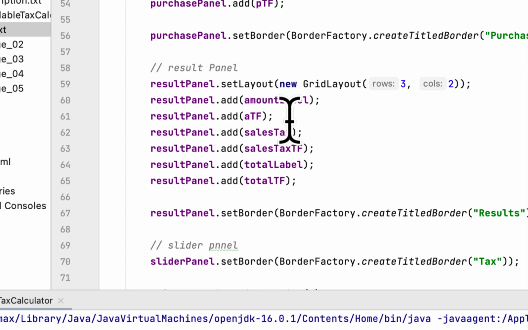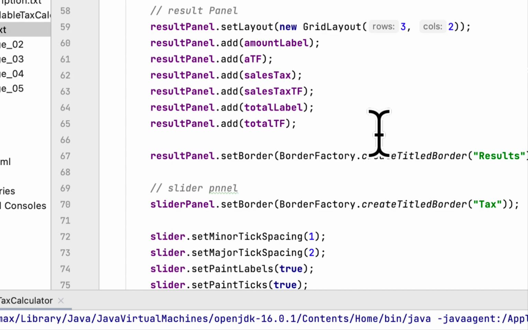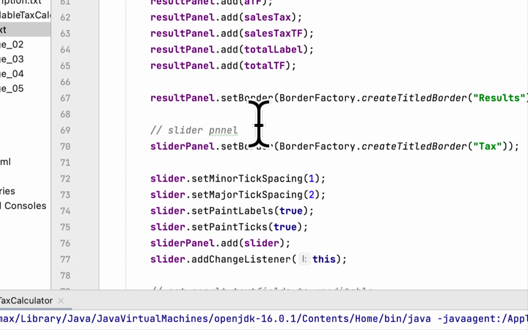The result panel would have amount label, and we will add amount label, amount text field, sales text field, and sales text label, the total label and text field. And here we create a result border for the result panel,